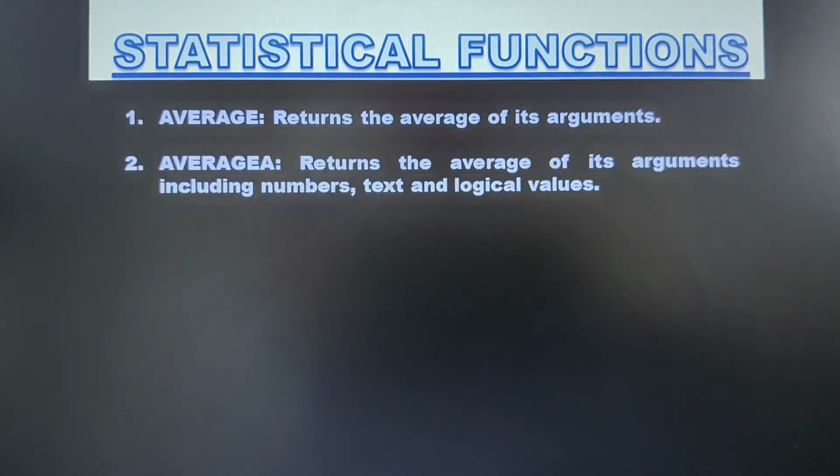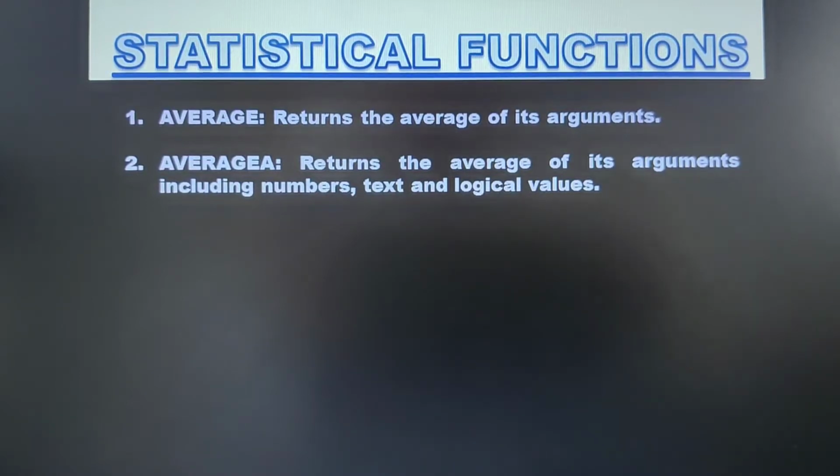Next function we have is AVERAGEA. Average A will return the average of its arguments, wherein the arguments may contain numbers as well as text as well as logical values. So what is a logical value? Logical values are nothing but TRUE and FALSE.